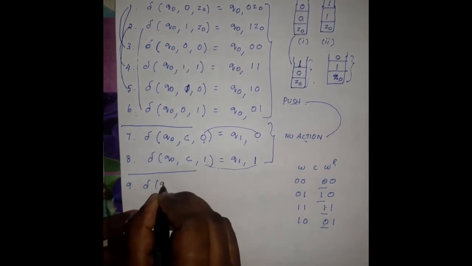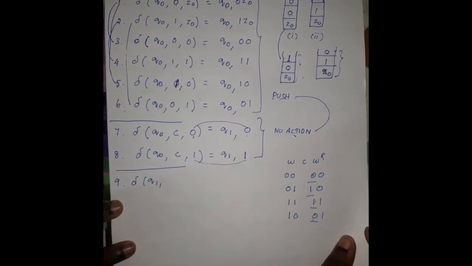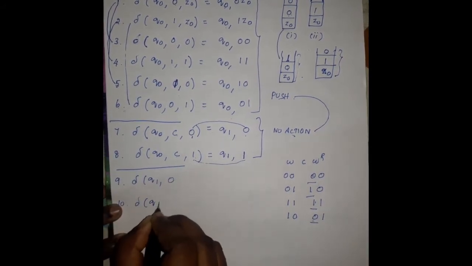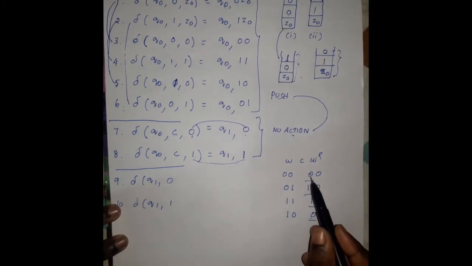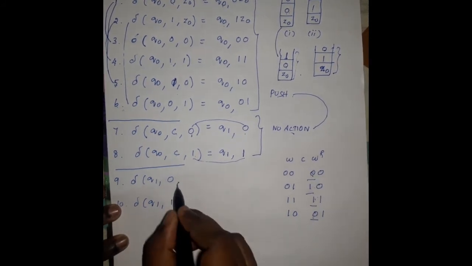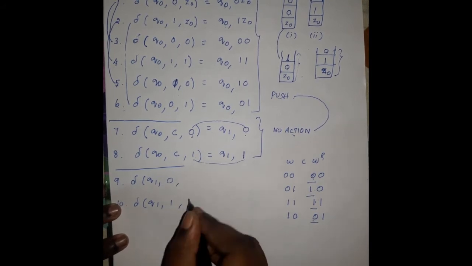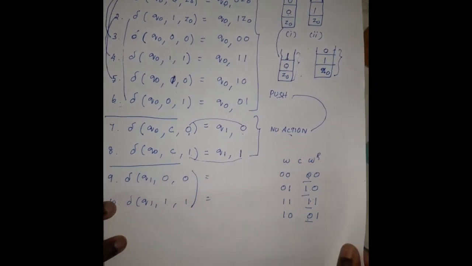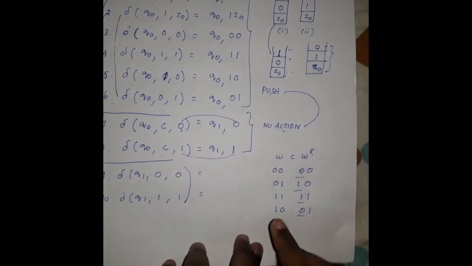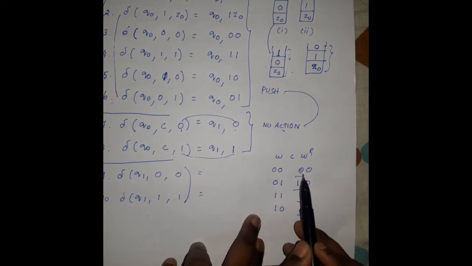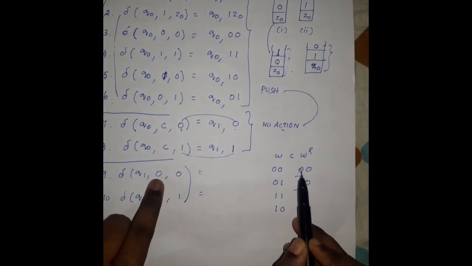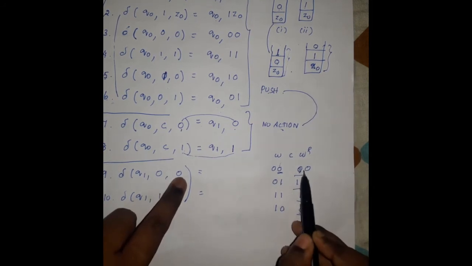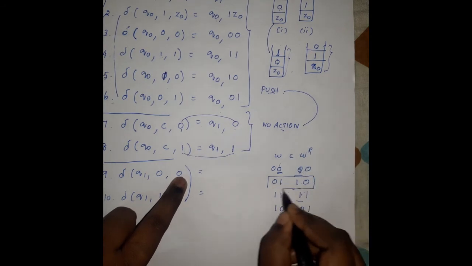So the current state is Q1, and it reads the input symbol either 0 or similarly 1, right? Already I said it starts with either 0 or 1. And also the top of the stack element is the same. Top of the stack element same means you can clearly see that in this example. Now for this I am taking the input symbol 0, which means the top of the element is 0, because this is the reverse of this input string. You can just take this example.